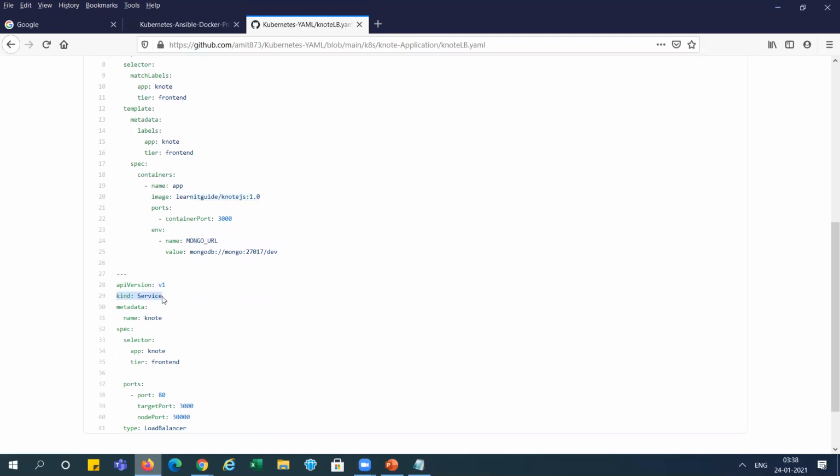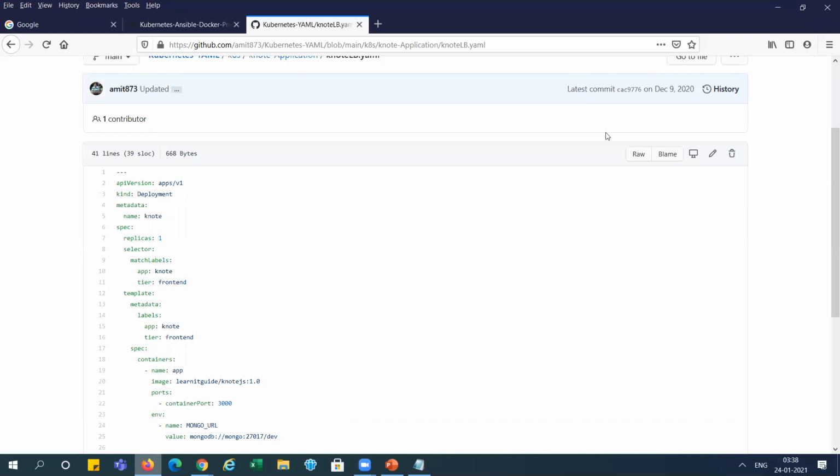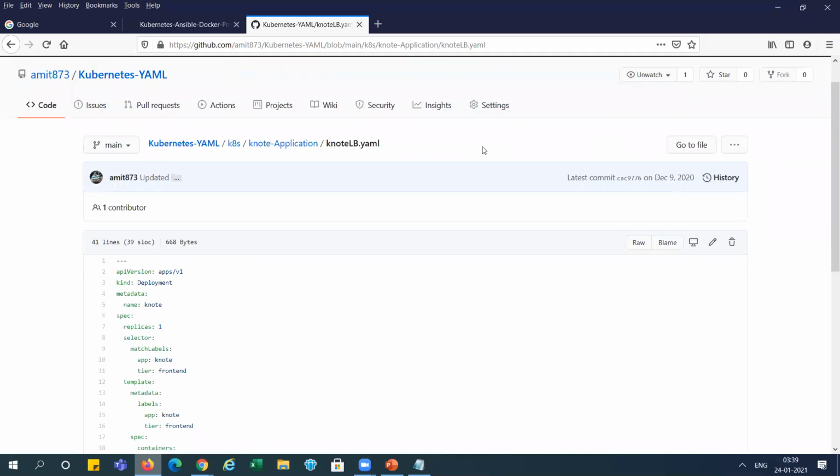This is service, and you can see here the service type is load balancer, and it is also exposed on the node port service, so we can access this application via load balancer IP as well as node port IP. So when we run this YML file, it will generate one node service and one node deployment. So let's go and run it.